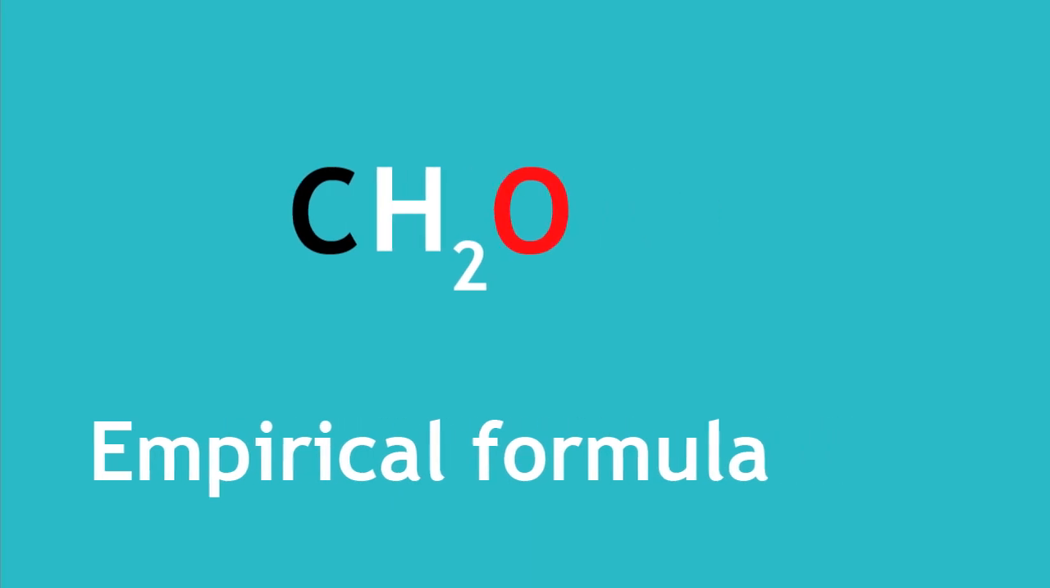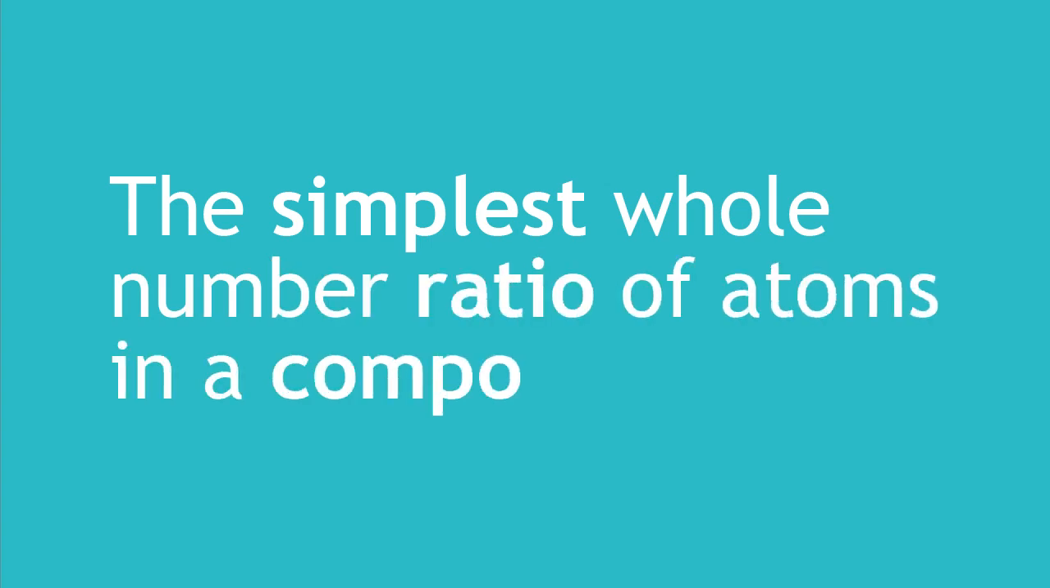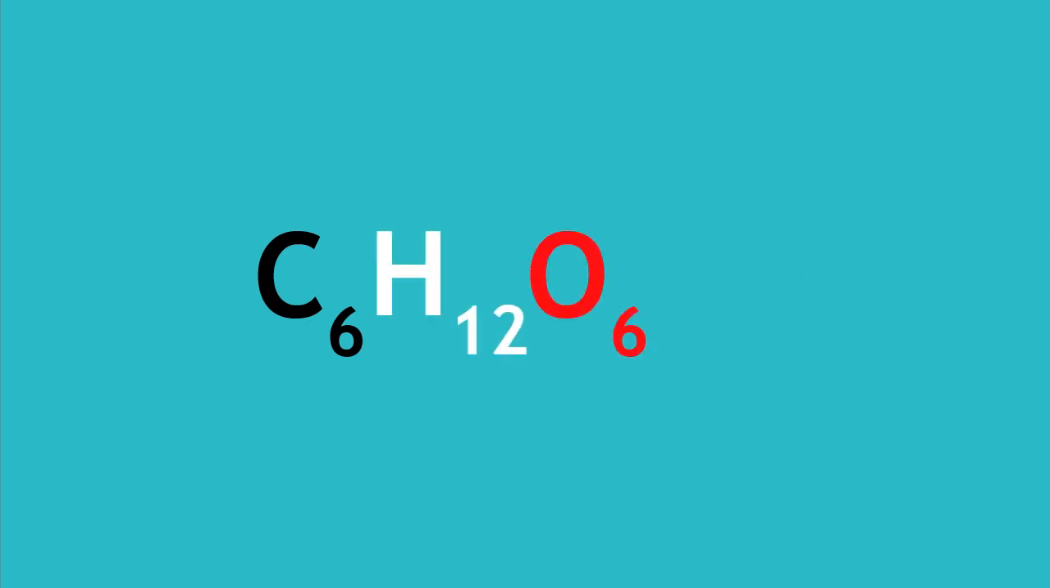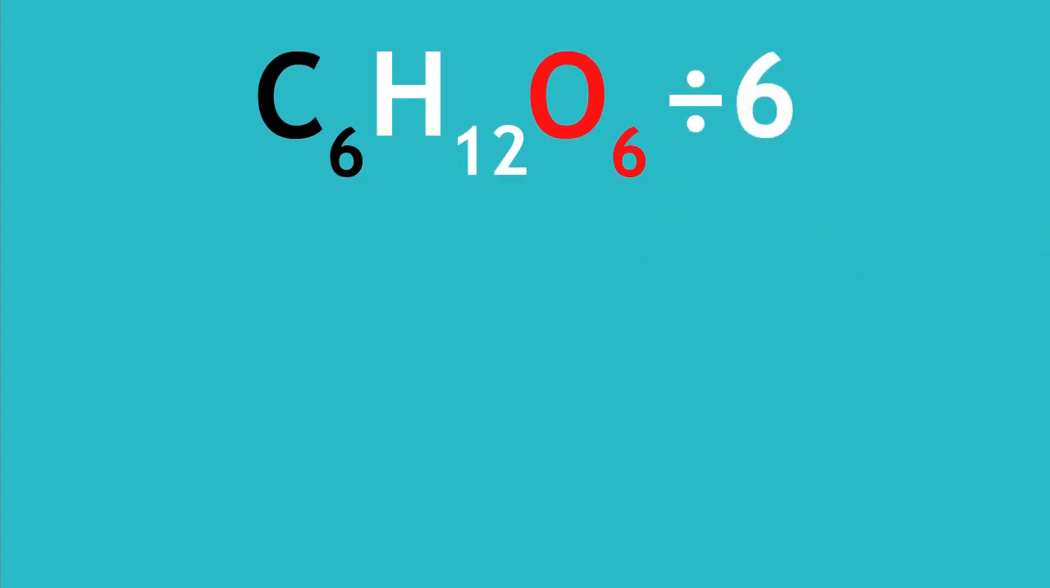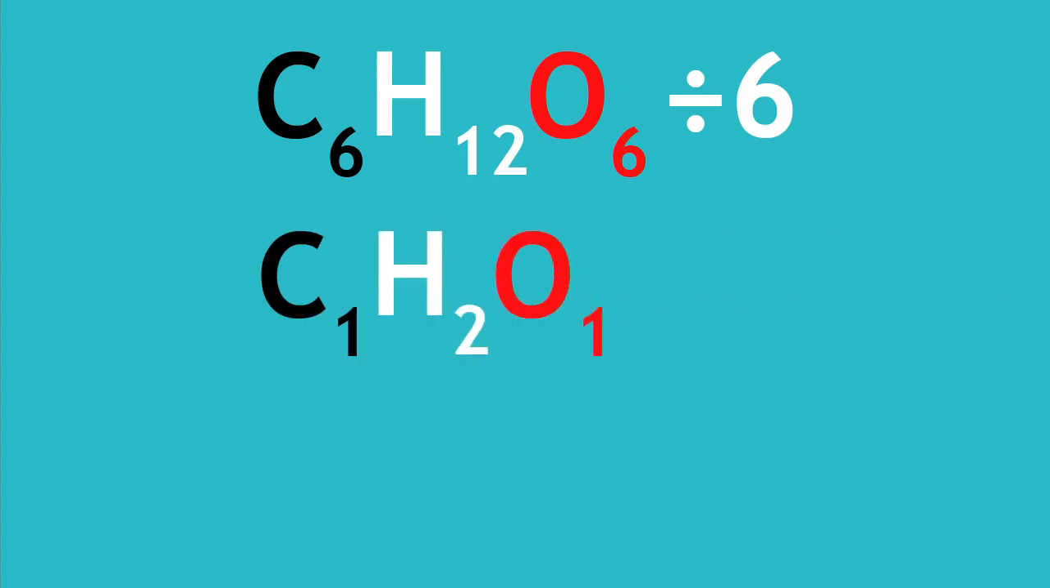Sometimes the formula is reduced even further to make an empirical formula. The empirical formula is the simplest whole number ratio of atoms in a compound. We need to find the highest common factor, that being the largest whole number that is a factor of 6, 12 and 6 in this example of glucose. They all divide by 6. And so if we do this, we get C1H2O1. We don't show the ones, and so the empirical formula is